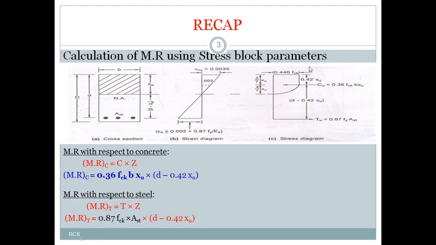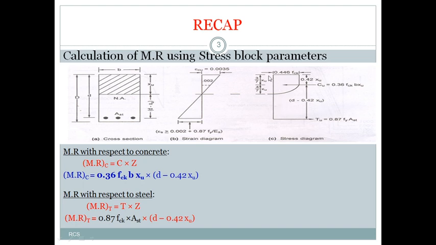And here a lever arm is there, another stress block parameter. A lever arm is nothing but the distance between the lines of action of the two forces, the compressive force and the tensile force. The compressive force is the resultant compressive force acting in the compressive zone of the concrete member, and the tensile force acts in the tension zone of the RC member. The distance between these two is called the lever arm. It can be calculated by this formula, generally represented with a capital Z, that is d minus 0.42 xu.